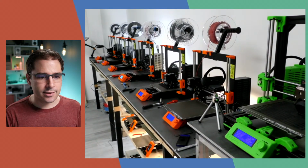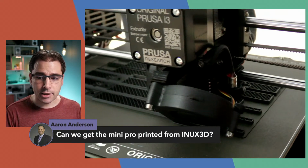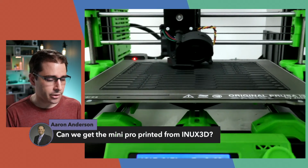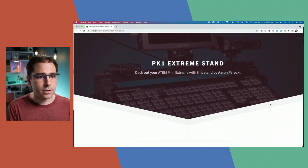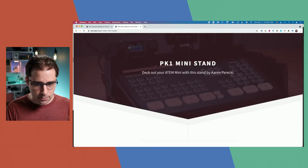Can we get the mini printed from NX 3D? You can. So if you go to, actually, let me just show you on my computer. I'll show you how to do this. So if you go back to the web page for the first one, which is this one,